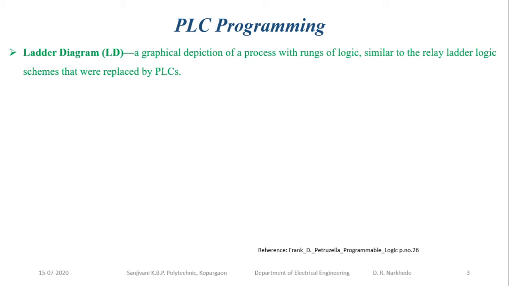When you use AND gate logic in your PLC programming, it is called programmable logic. If you want your device to operate when any one switch is pressed, you have to go for OR logic. And if you want to energize the device when the switch is off, it is quite difficult to implement using relay logic. But in this case it is easily possible by using auxiliary contacts. So when the switch is off you can turn the device on.